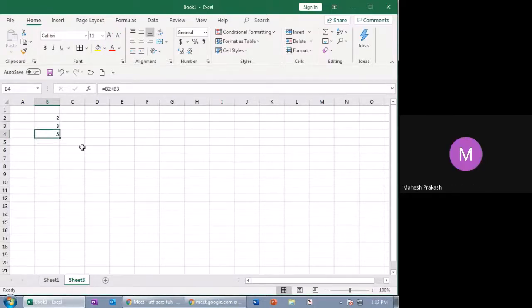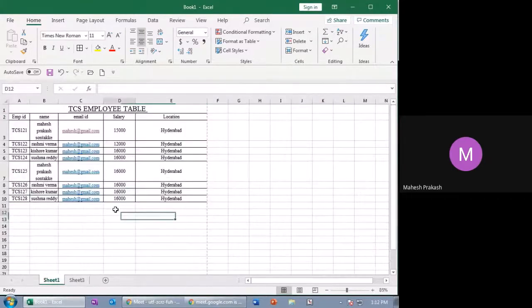Now when it is a simple formula, it is fine. But imagine here we have 8 members.